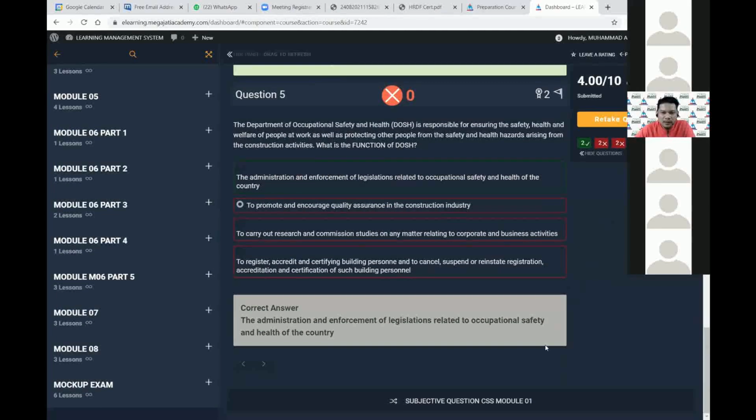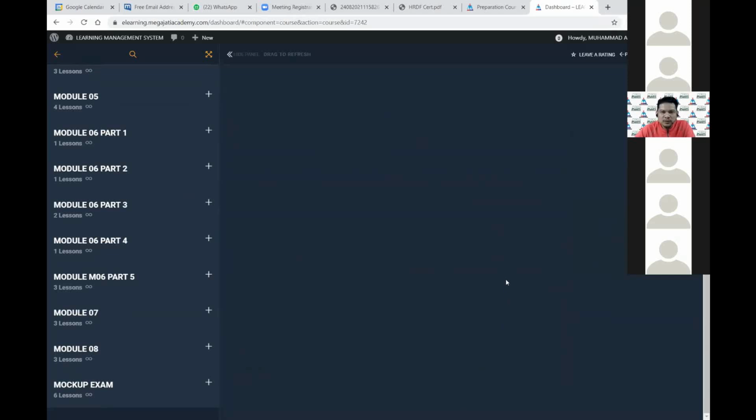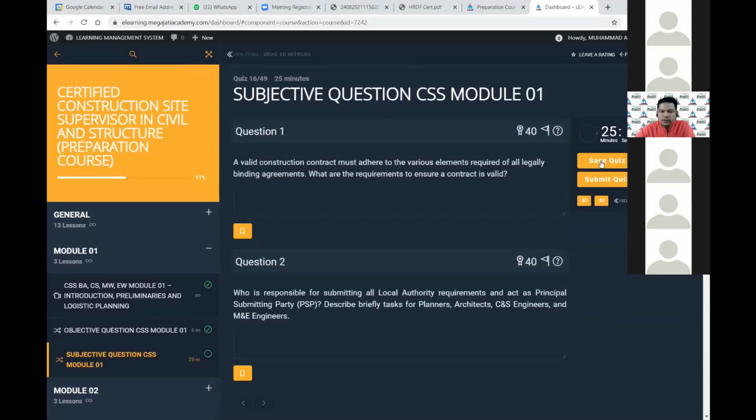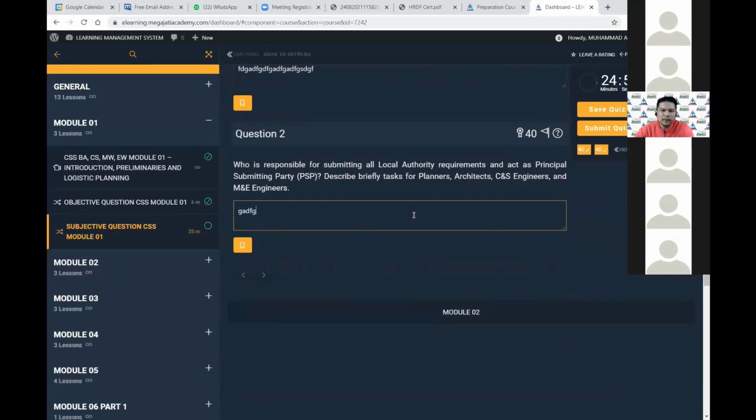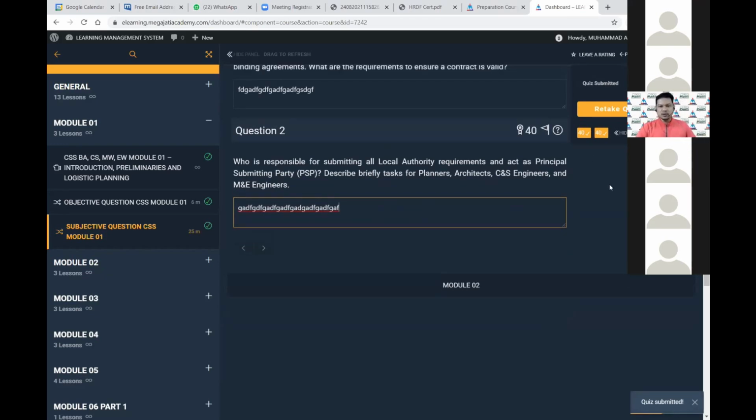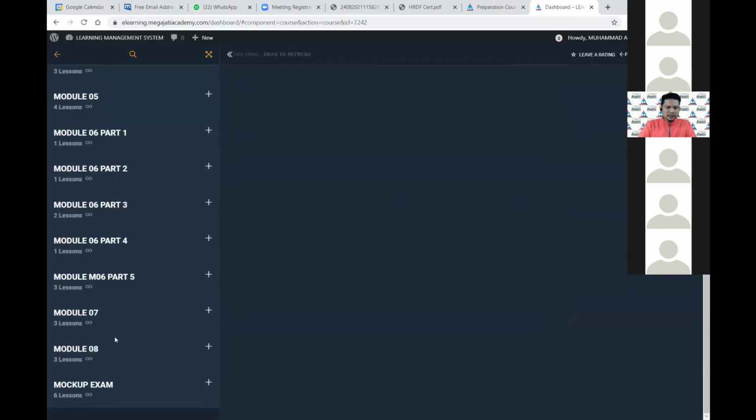Itu yang kena kadang-kadang. Selective question, this is for apa kita panggil ni? Short essay. Short essay just to make sure we train to answer this. So we just answer lah. Then we go for submit. Then our teachers will be at the back end there to receive your answer and giving marks, and they will be starting to discuss about this in the class as well. So last kali mock-up exam.